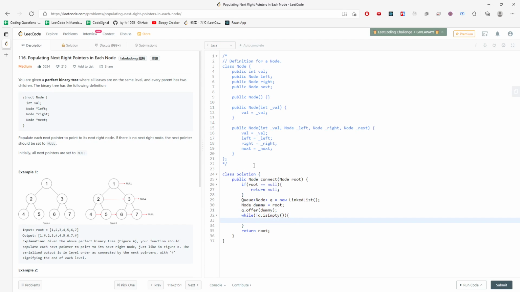I need to know my current size. The current size is actually the current level, the number of nodes in the current level. So q.size, and at the end I also need the pre. So I would say equal to null first, and then pre is actually to remember the previous one, and